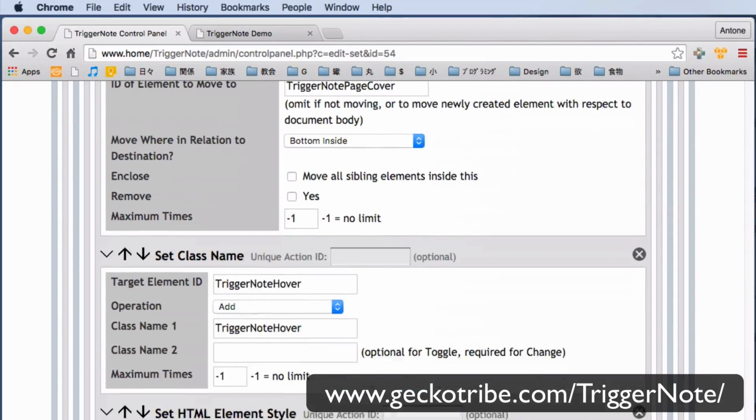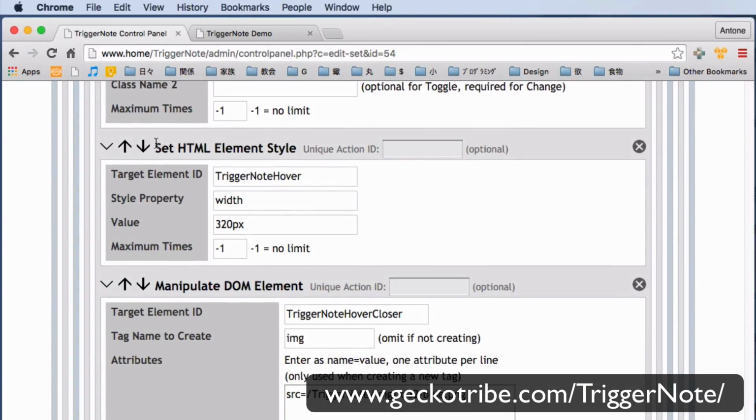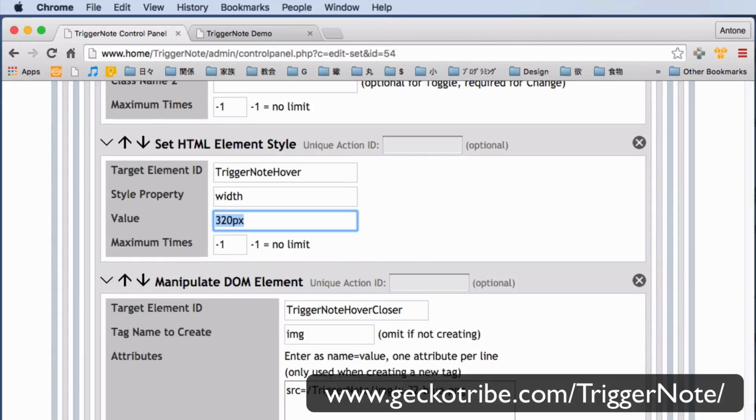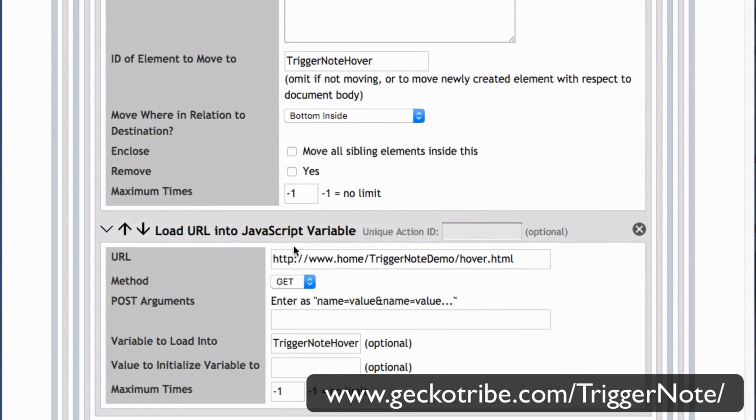And if we scroll down a little bit, you find this action, set HTML element style, which sets the width of that hover box to 320 pixels like we specified. If you need to tweak the width of your hover box, this is the place to do that. And then finally at the bottom we have a load URL into JavaScript variable action, which is loading that file hover.html. And so if you want to change the URL that you're loading, this would be the place to do